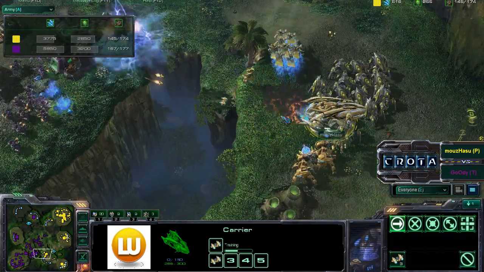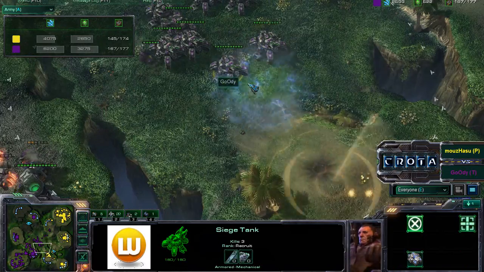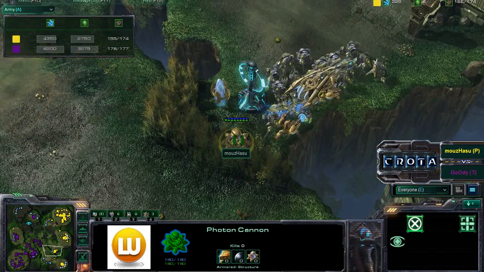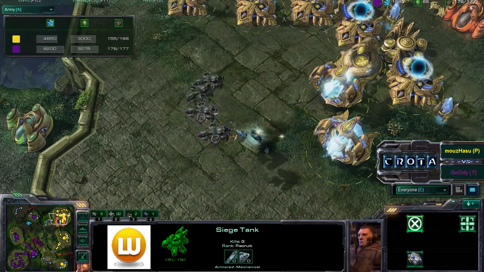Vikings now chasing down one of these carriers. Carriers getting very low on hit points, as more Psystorm is hitting a lot of these units. However, that siege tank was not within that Psystorm radius. Back over here, Void Rays once again pulling away. We do have one photon cannon sitting there, and a siege tank sitting here, and now we have an army of